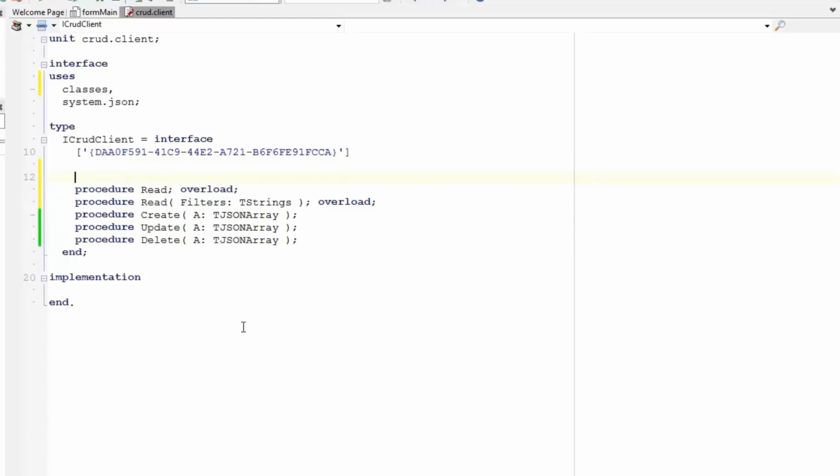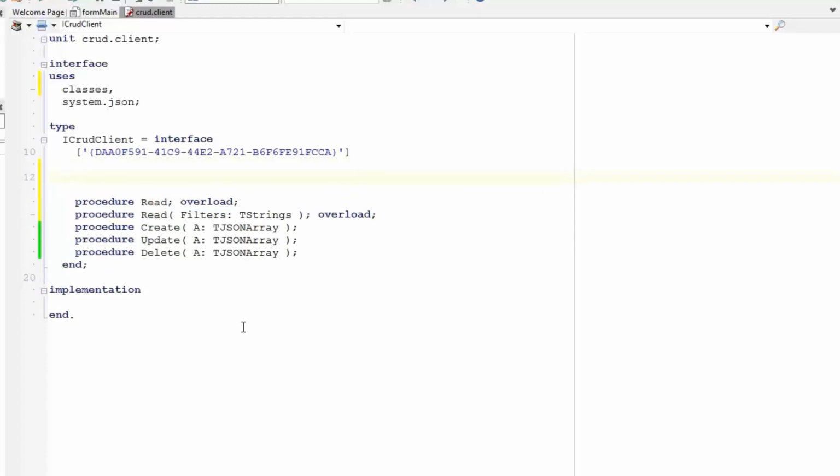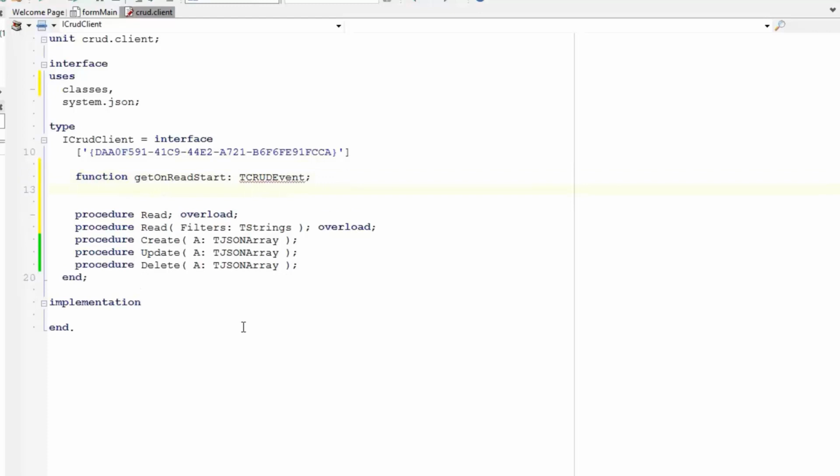Okay, so now what we're going to do is put in some events onto this interface. So I'm going to put in function get on read start, and this is going to be a, we'll just call it TCRUD event, and that's going to be the data type that we'll use. And procedure set on read start